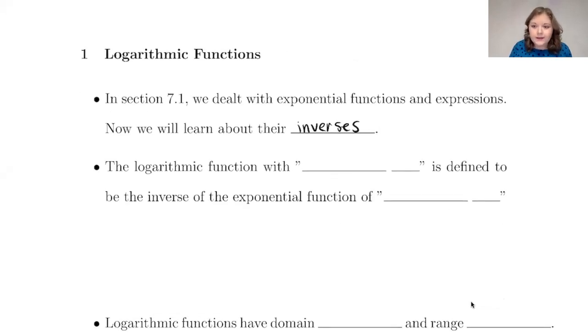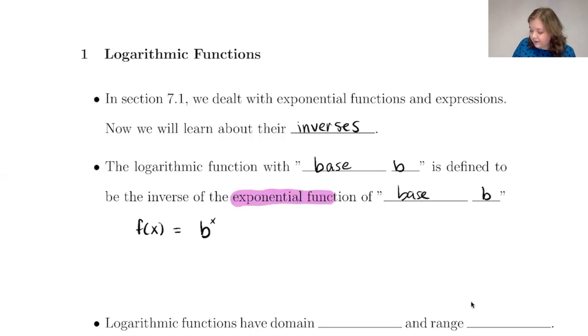So in exponential functions, we would have something like f of x equals a to the x, or I'm going to write b to the x, and our base would be b. And so logarithmic functions have bases too, and if we have a logarithmic function with base b, it's the inverse of the exponential function of base b. So the exponential function of base b would be f of x equals b to the x, and the logarithmic function of base b